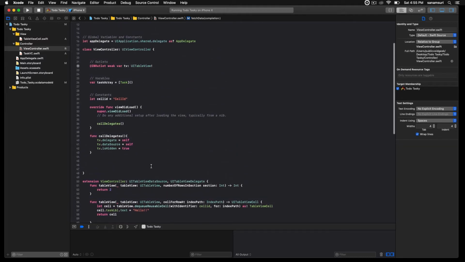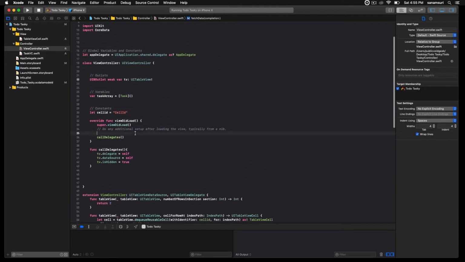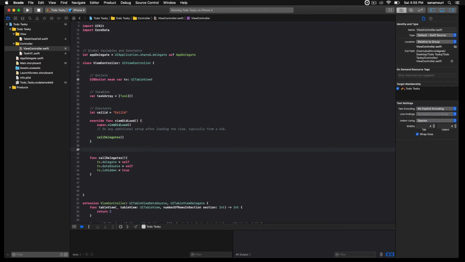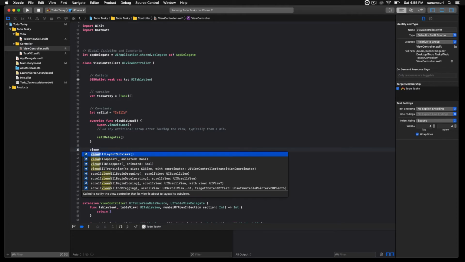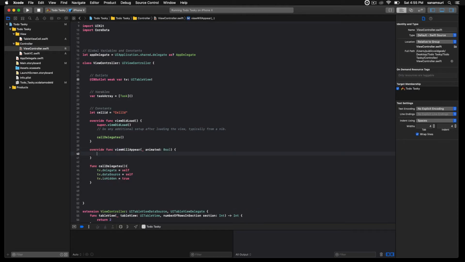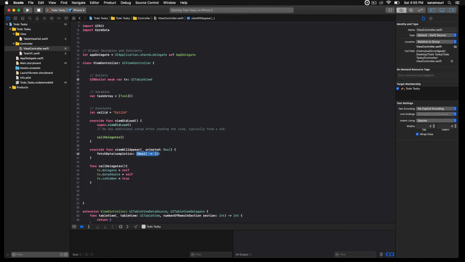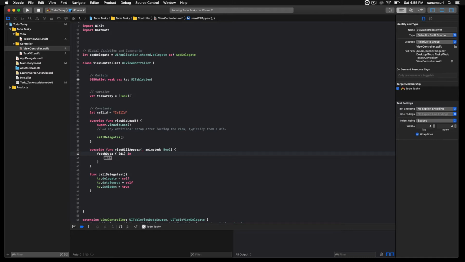So we have this fetch data function. We can try to call this function in view did load, no issues. But view did load is only called once when our application is loaded, right? Or this view controller will be loaded for the first time. But when we go to the task and then we come back, this view did load will not be called. So we can either use view will appear or view did appear. So I'm just gonna call view will appear function, and inside this I'm just gonna say fetch data, right? And completion done,